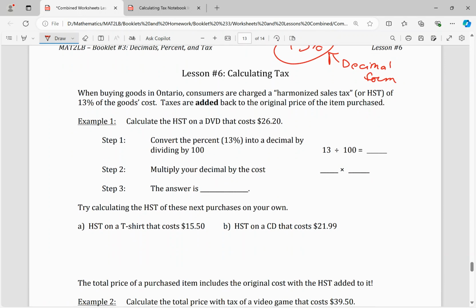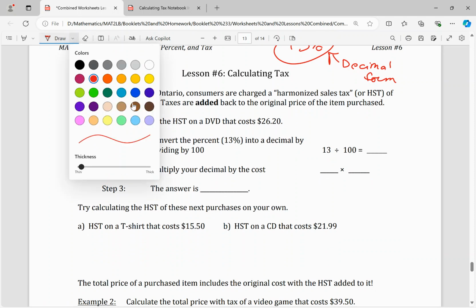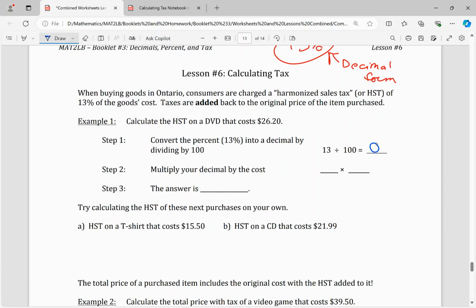Example 1. Calculate the HST, calculate the tax on a DVD that costs $26.20. Step 1, if we want to use tax, it needs to be in decimal form. 13% in decimal form is 0.13, divide by 100. Step 2, multiply 0.13 by the price of the product. In this case, that is